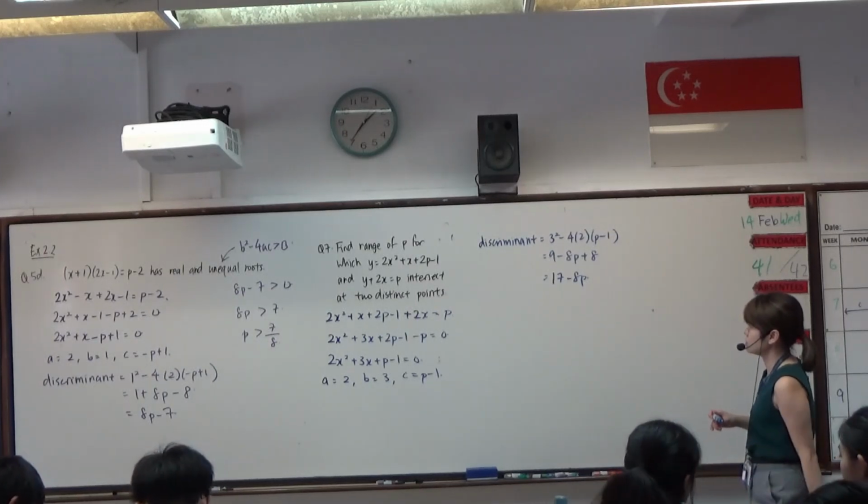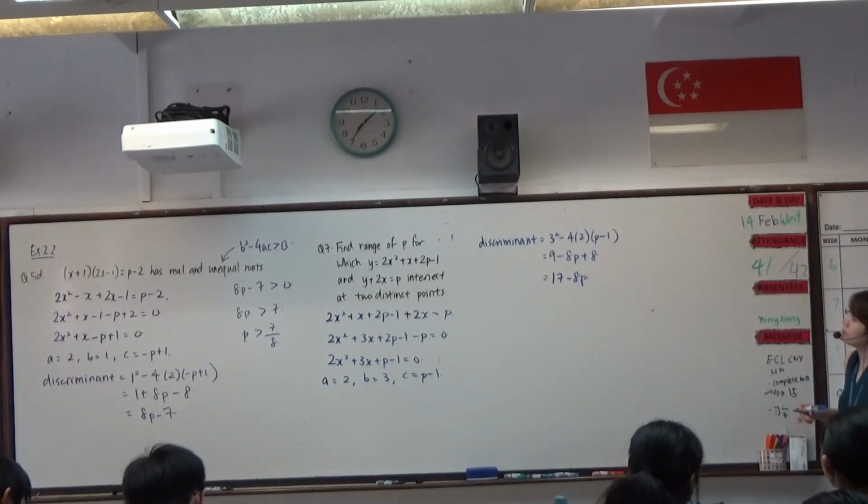Okay, so the discriminant comes out to become 7